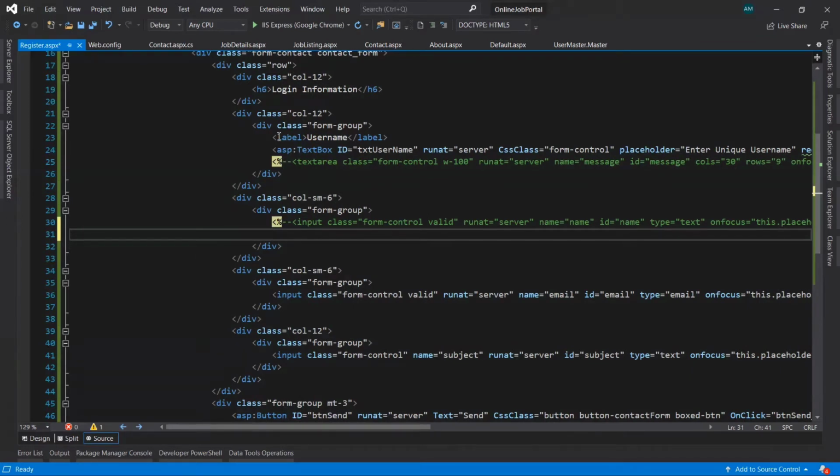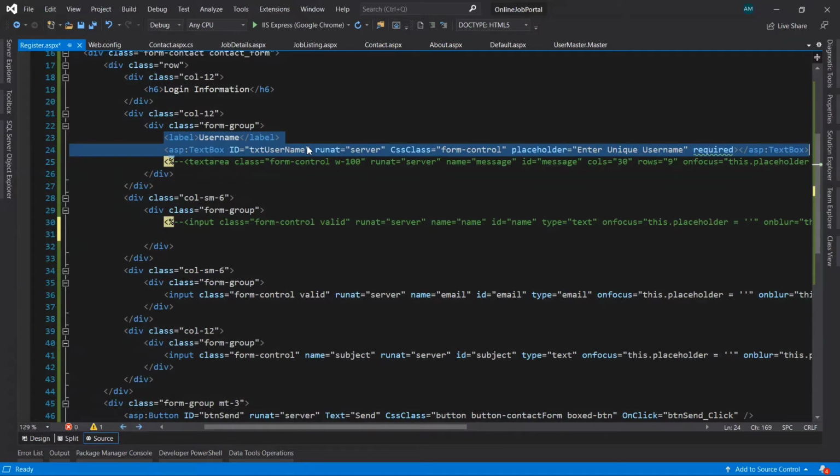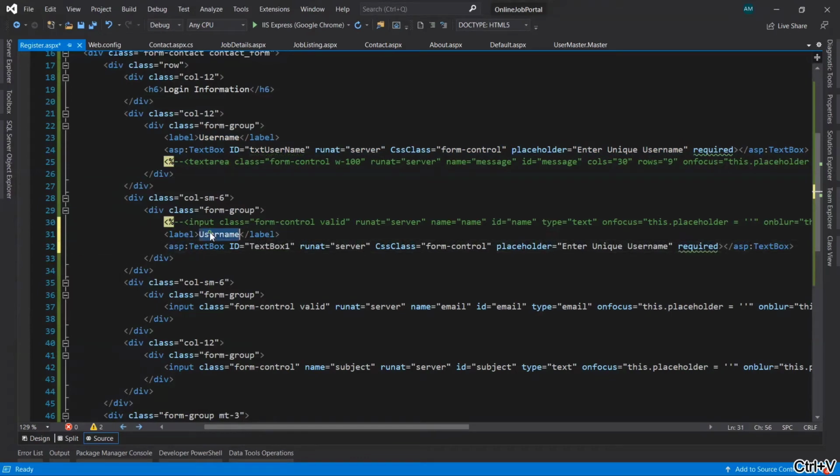Just copy both lines, the label and the text box, and paste it here. Instead of username, write password. Change the ID of the text box here, txtPassword.